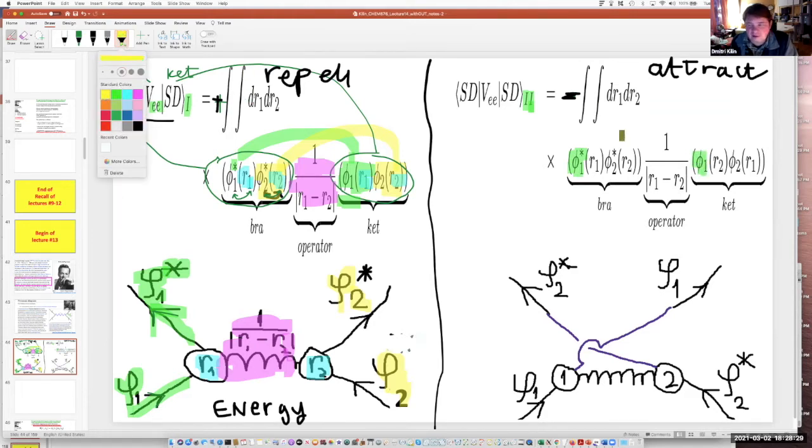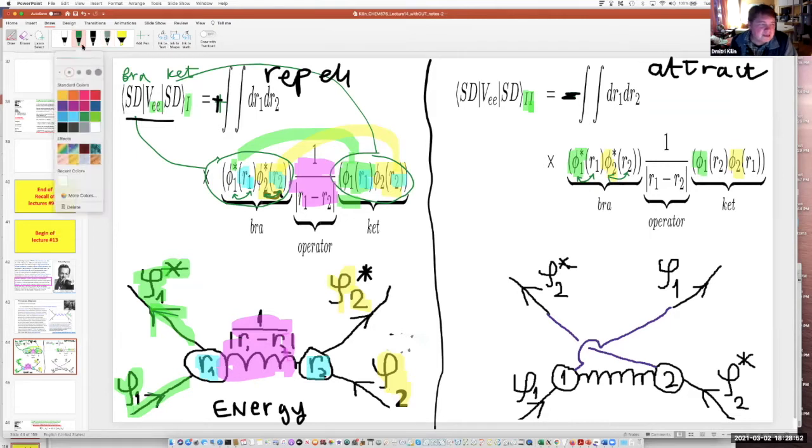Then we have phi2, phi2. But here it is interesting. In the bra part, the number of electron and number of orbital coincide for first and second. But in the ket part, they do not coincide. So basically, first electron